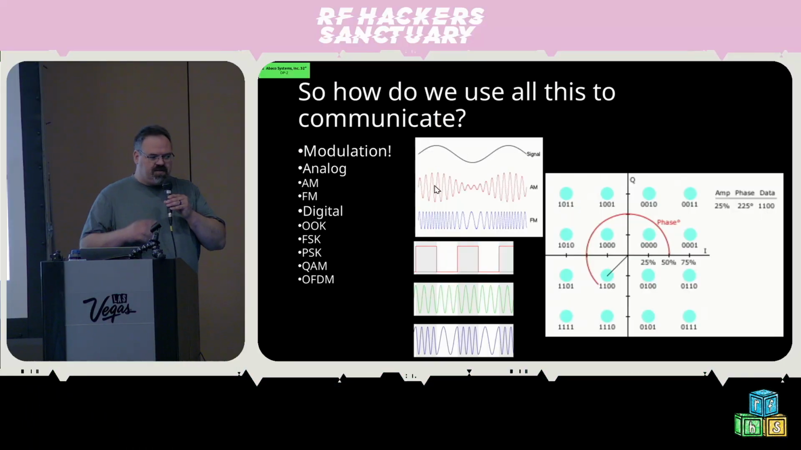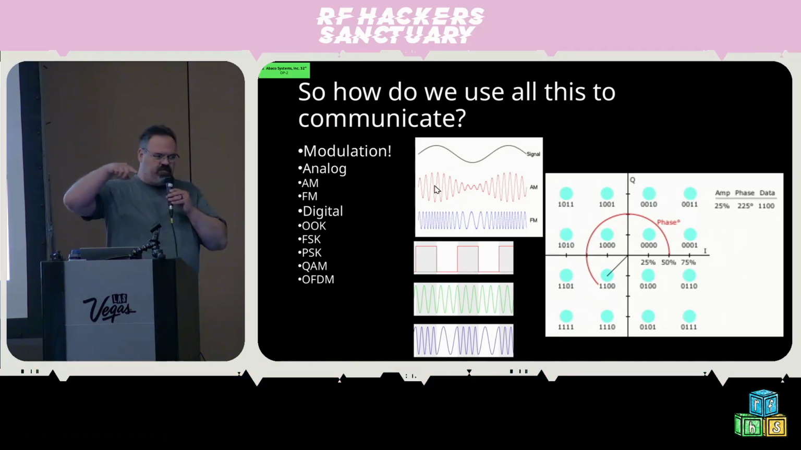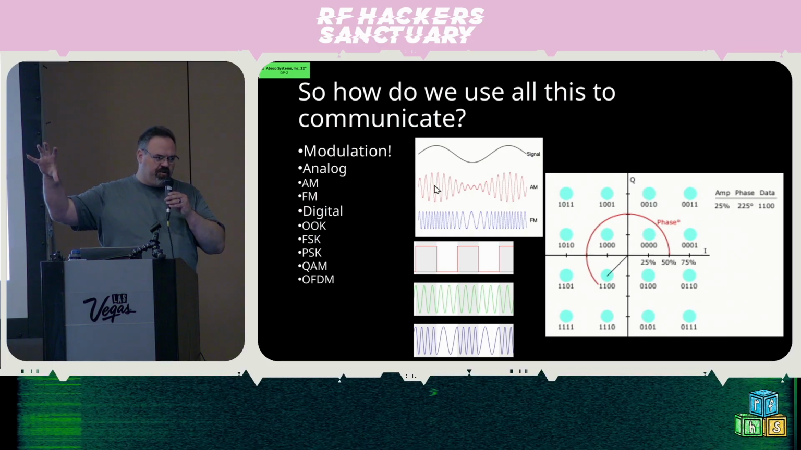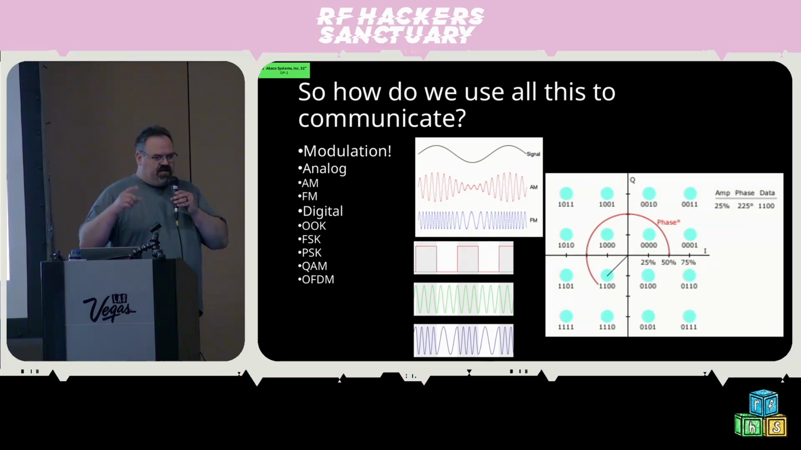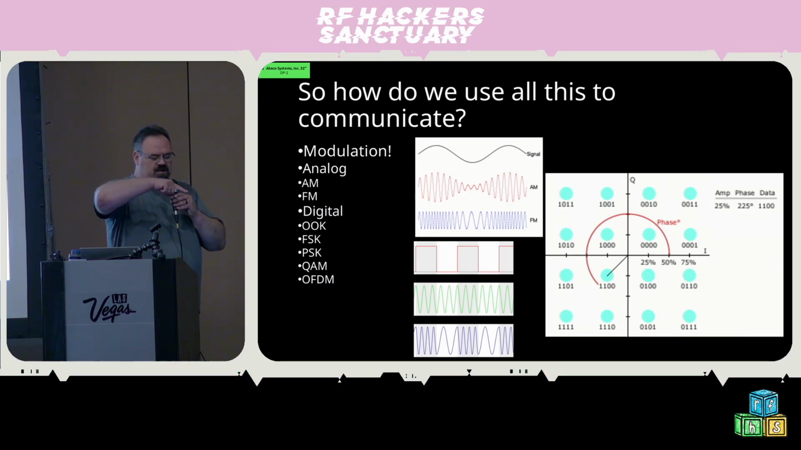So if somebody is whispering, then it's going to wiggle very, very little. If somebody's shouting, it's going to wiggle a whole lot, or in terms of the amount of power output. And the frequency at which the amplitude changes is going to be related to the frequency of the sound that